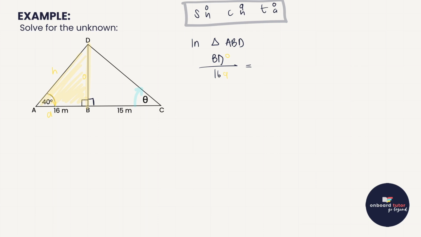So have a look there at SOHCAHTOA, and you'll see opposite over adjacent is tan. Tan of that angle, 40 degrees. Then what we do to get BD on its own, we multiply both sides by the 16. So BD is equal to 16 multiplied by tan 40. 16 tan 40. And we get an answer there of